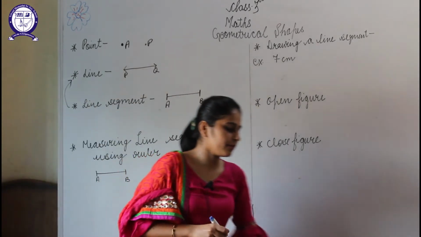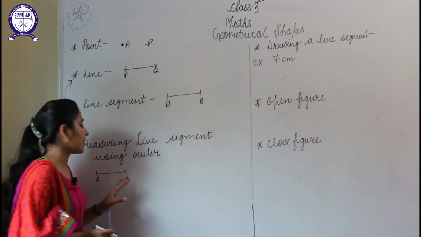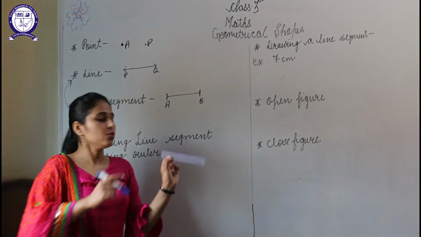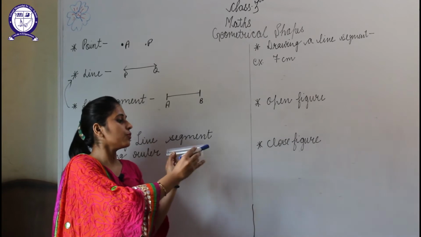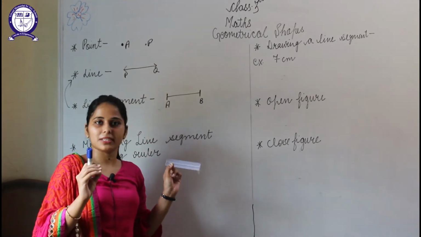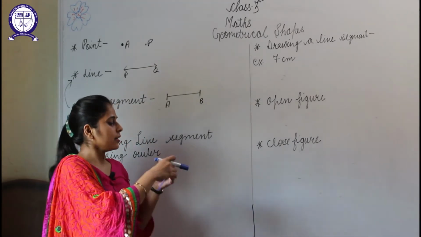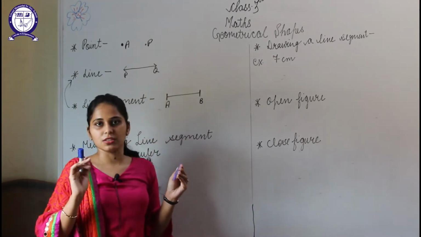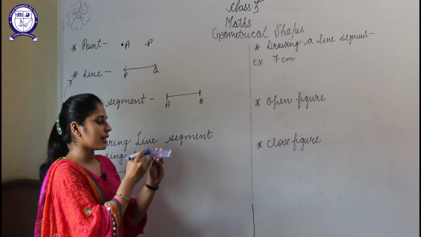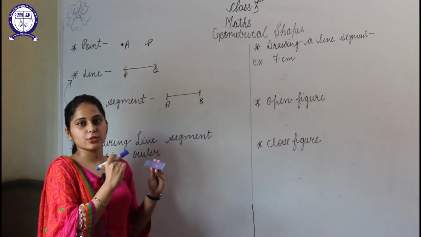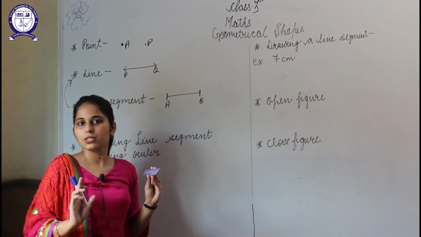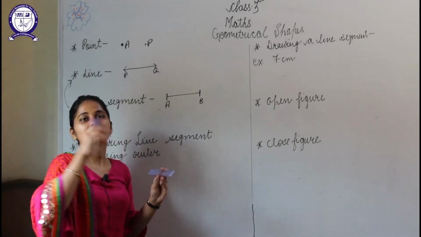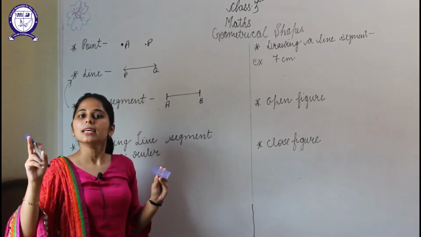Now, measuring a line segment using a ruler. Now I am given a line segment and I need to measure its length. So how will you measure? You will have a ruler with you. On this, the numbers 0 to 15 are written. Those represent centimeters, students. And 0 to 6 are also given, which means the inches. And the small marks indicate millimeters, students. As you all know, 1 centimeter is equal to 10 millimeter. So from 0 to 1 there will be 9 lines, because the 10th represents the centimeter.